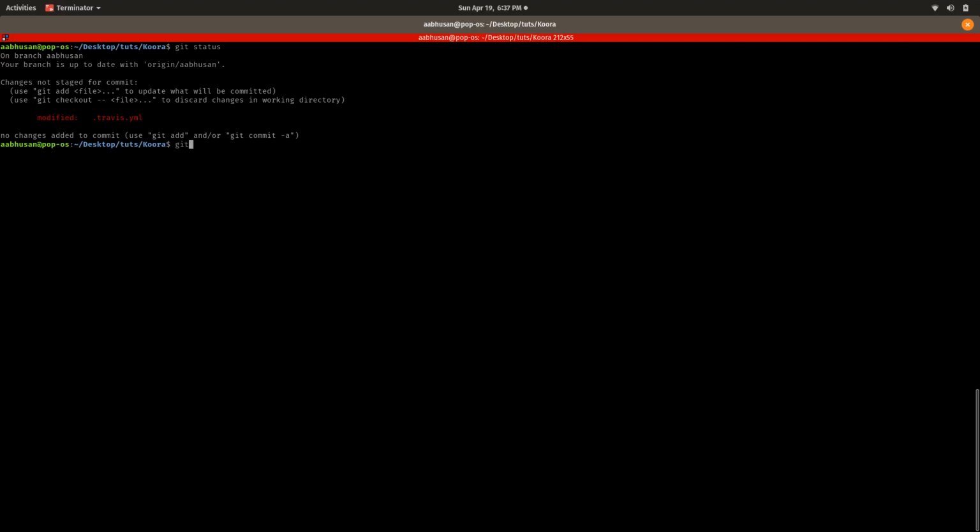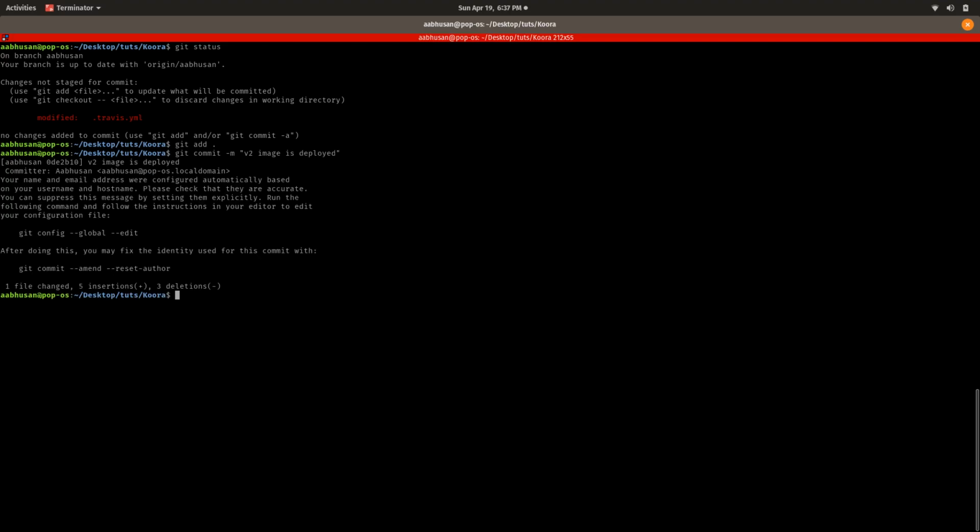So I will do git add, git commit -m "made some change, version 2 image is deployed". Then git push origin Abhushan, I am in the Abhushan branch, so I will push that.